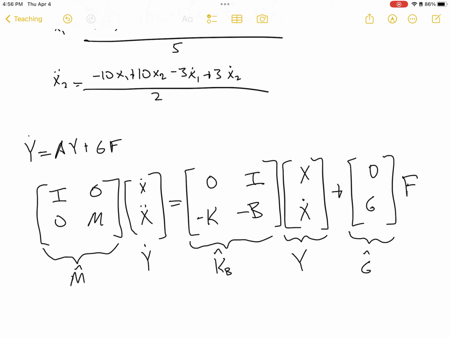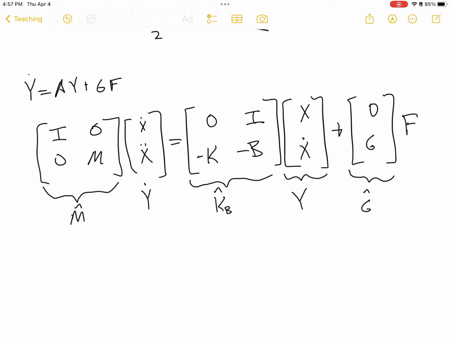But this is the general form of state space. And if we write this, m hat y dot equals kb hat y plus g hat f,